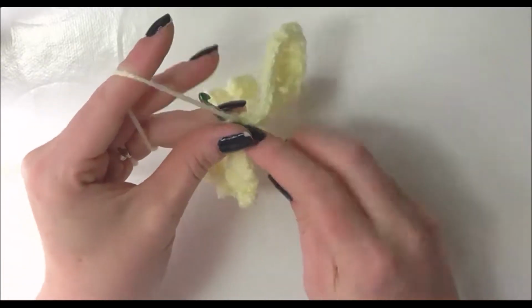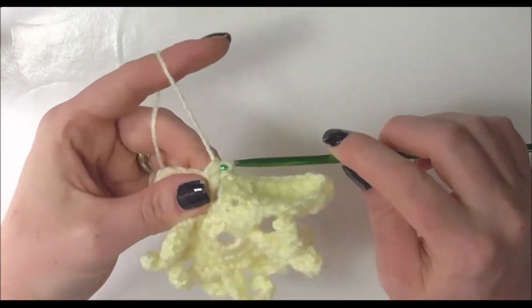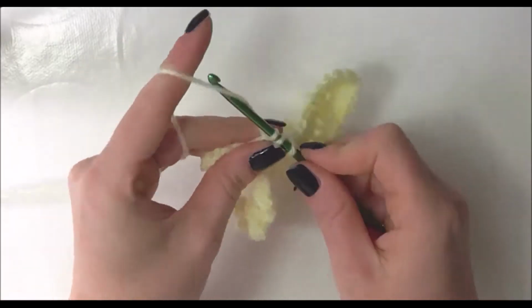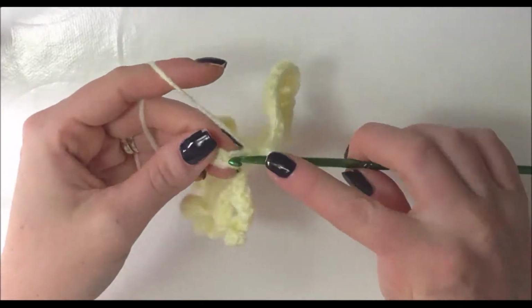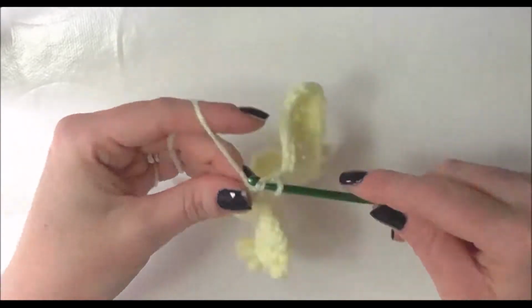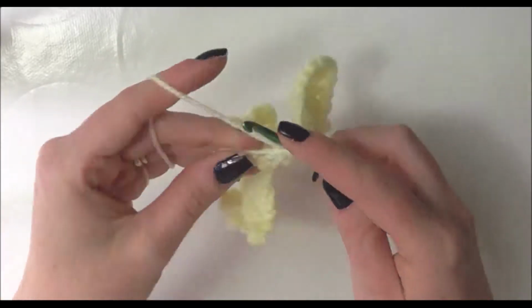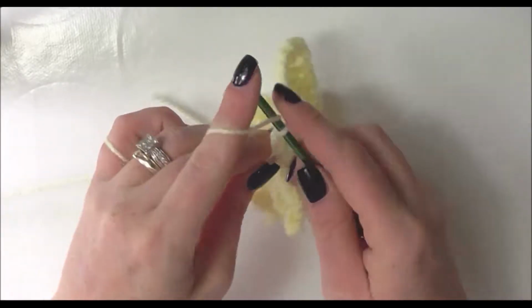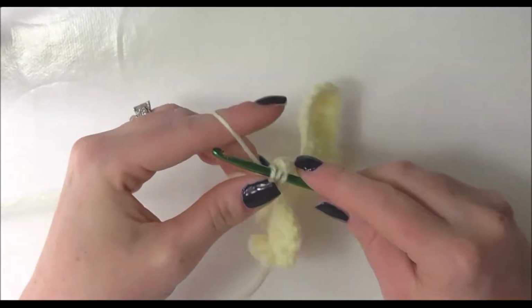So 1, 2, 3 and 4. Now 3 double crochets, 1 double crochet and 2